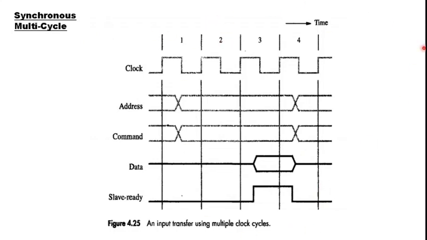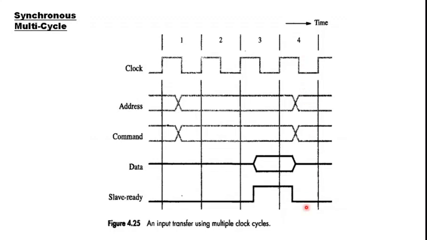In what sense? That is, clock cycle 1 is used by the master to generate and put address and command information on the bus. So that is fixed in clock cycle 1. Clock cycle 1 is always fixed for the master to generate address and command information. Then the clock cycle in which the slave responds, that is fixed by the slave. It is indicated by the slave ready signal, and here it happens to be the third clock cycle. And the next immediate clock cycle is fixed for the master to store the data generated by the slave.